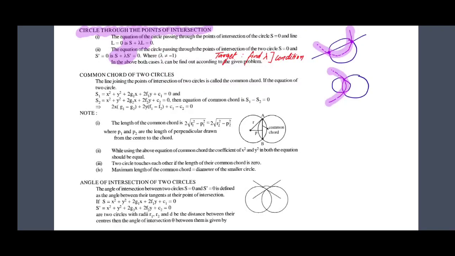What will happen when this is actually equal to -1? Let's just see in this particular diagram which is over here. So common chord is nothing but when two circles intersect and there could be a common chord of both of them as the name is pointing out. तो ये जो लाइन है ये वाली जो मैंने पिंक से बनाया है और मैं हाईलाइट कर रहा हूँ, this particular line is called the common chord, ठीक है।